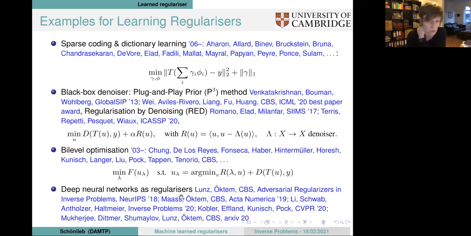And then there are deep neural networks as regularizers. Again, in the context of using deep learning for inverse problems, there are now lots of things happening that people are looking at. Using deep neural networks as regularizers, there is also a bit, but maybe not as much. And one motivation, maybe, since I said all the time that this is great if we stick to a variational problem, why not too many people are looking at this in the context of a variational approach is that you